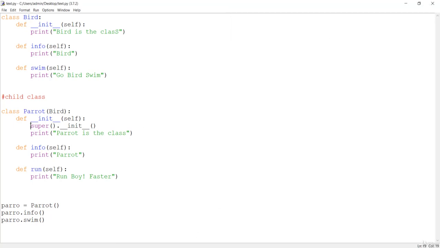So if you see here, this super method is going to deal with the super or parent class, which in this case is bird. One way to find the child class and parent class is if you make this class, and inside the parenthesis you have another class, that is going to be your super class or parent class, and this class which inherits that parent class is going to be the child class. So this is the inheritance which we just learned. This is a very important paradigm of object oriented programming, and these are important things to learn.